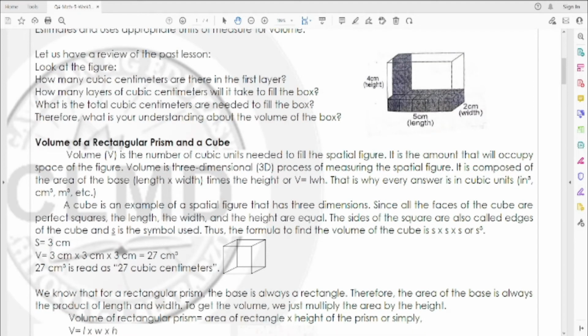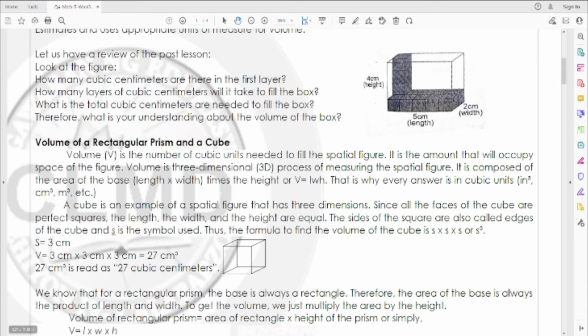A cube is an example of a spatial figure that has 3 dimensions. So look at this cube. Since all the faces of the cube are perfect squares, the length, the width, and the height are equal. The sides of the squares are also called edges. So the sides of the square are called edges of the cube, and S is the symbol used. Thus, the formula to find the volume of a cube is S times S times S, or S to the third